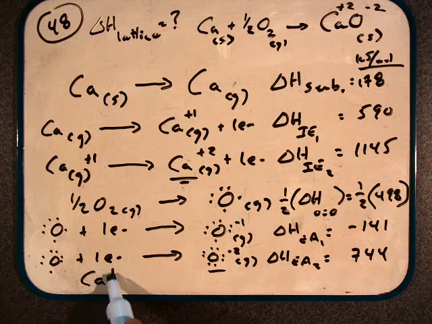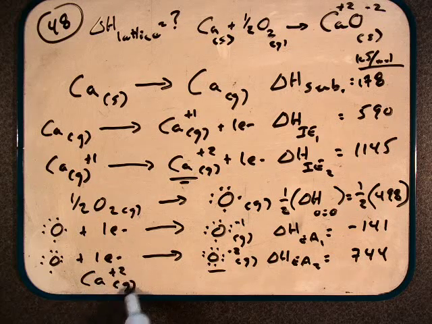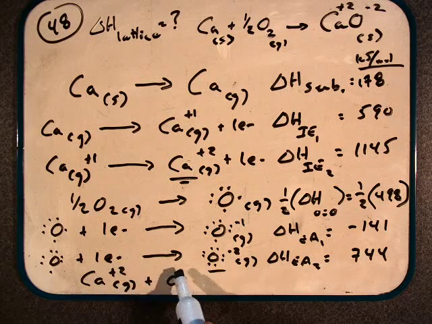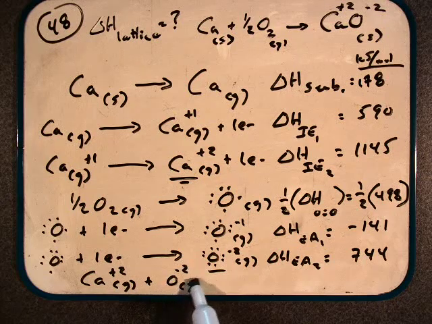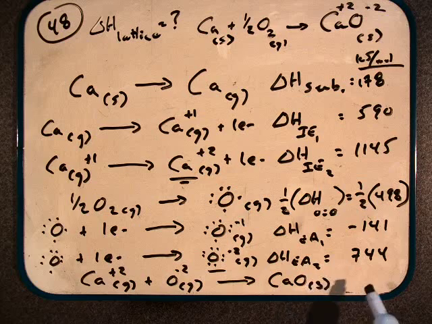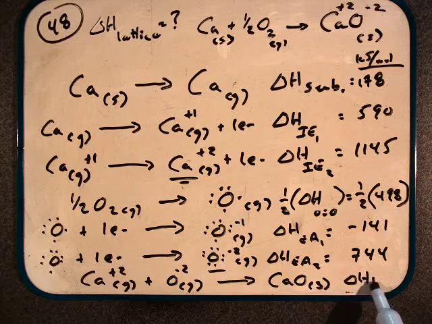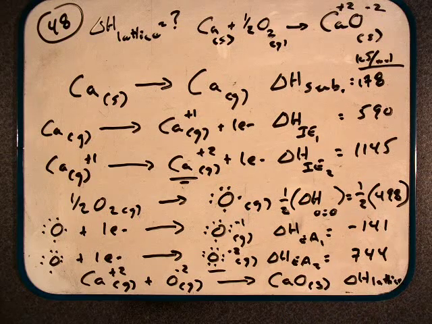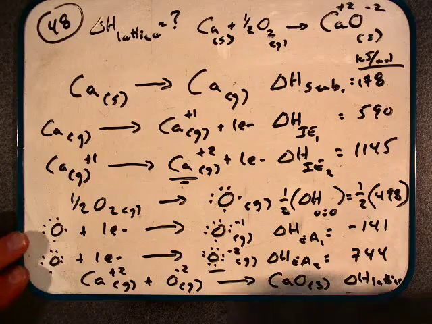We can then have our calcium +2 in the gaseous state reacting with our oxygen -2 in the gaseous state to form solid calcium oxide, and that right there is our lattice energy. So basically we need to add up all of these steps, and so to make some room and then summarize,